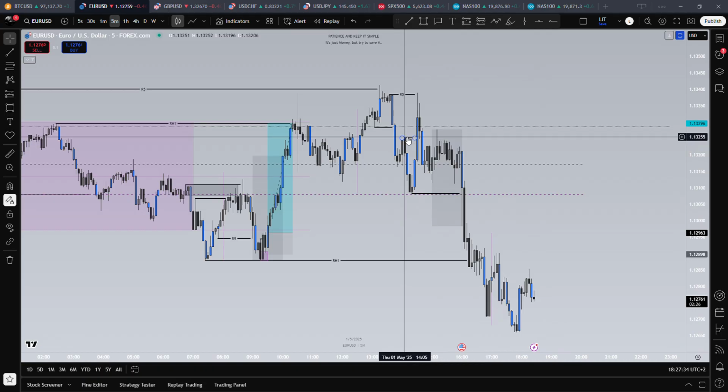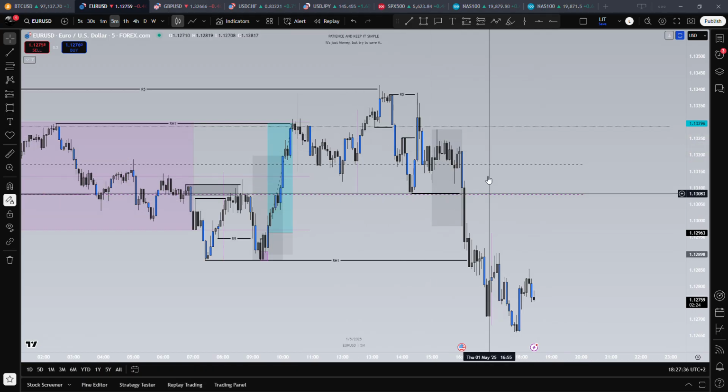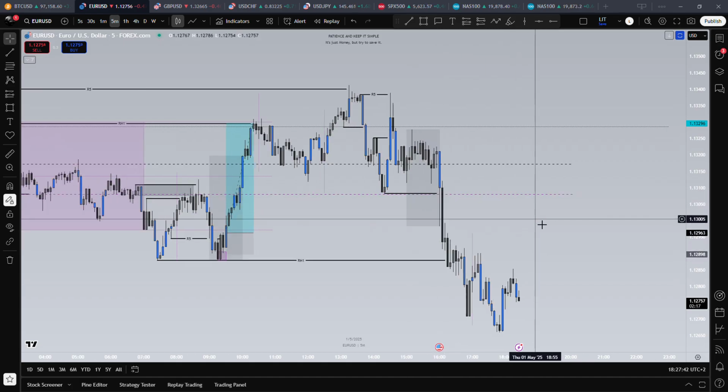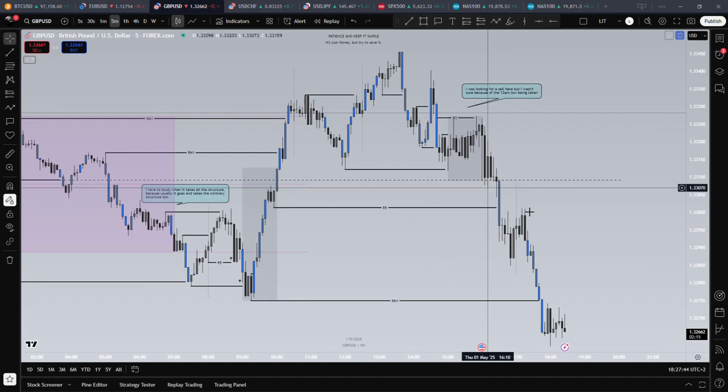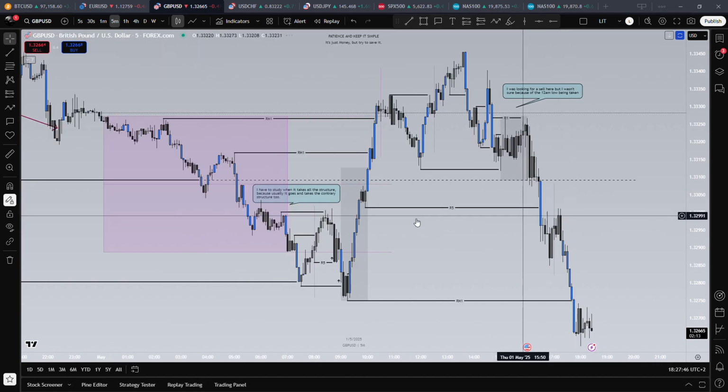Okay, after having this break obstructor and taking this, I was looking for a sell, but there was no possibility here. Okay, so nothing else. Here on GU,